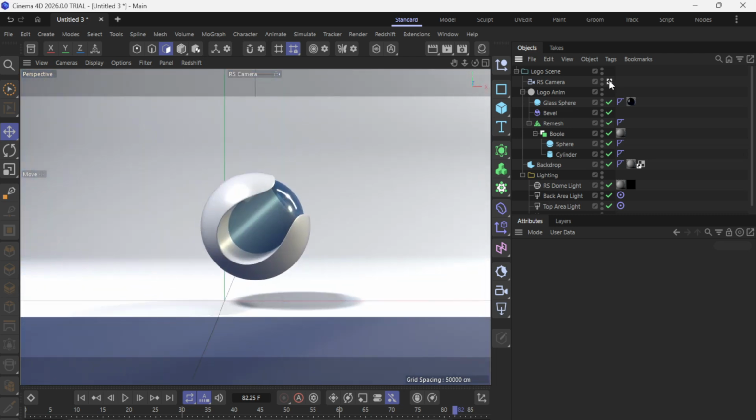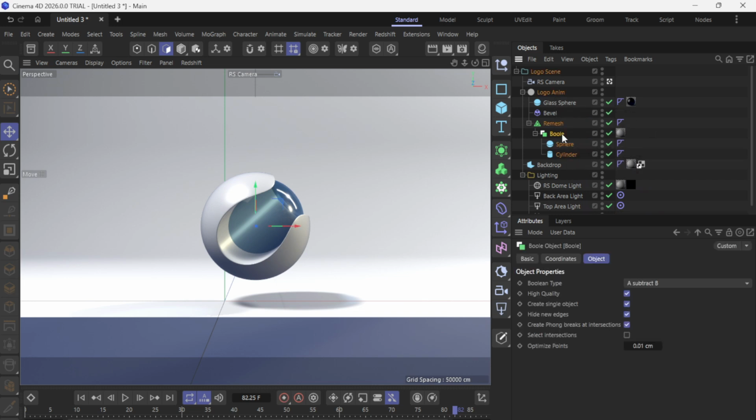First, make sure you've selected the polygonal object in the Object Manager. You'll want to click on the item that currently holds all the geometry you intend to split. The key is that it's one object containing multiple islands, meaning groups of polygons that are connected internally, but not connected to each other. With that object selected, go to the top menu and choose Tools, then Convert and select Polygon Islands to Objects. The moment you run this command, Cinema 4D analyzes the mesh and looks for natural boundaries